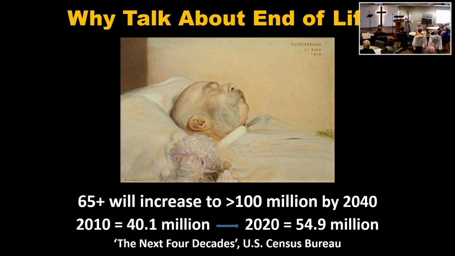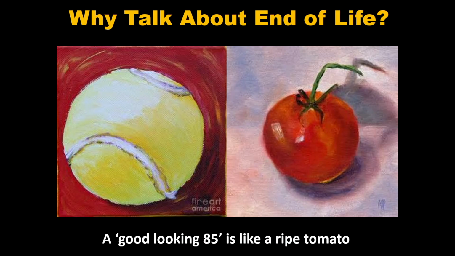Now, in this census, they said some other things. The number of people in our country in 2010 over 100 were about 150,000. It'll be 500,000 in 2040. Maybe some of us. Maybe Greg will still be preaching when he's 100. I don't know. But the other thing they said was, in the census, there's a group called the oldest old, 85 and above. They're going to increase treble, the oldest old. Now, the problem with being the oldest old is this.